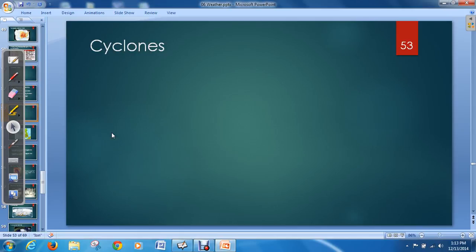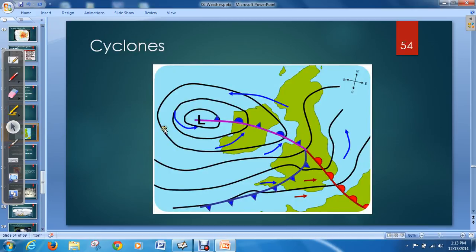In this podcast, I want to go over the last section of storms and also finish up the weather chapter. The first thing we want to talk about is cyclones. Cyclones are very similar to tornadoes, like we talked about last time. If we look at a cyclone from an aerial view, it also has a low pressure area, just like a tornado does, and it also gets a lot of rotation from the high pressure winds. Tornadoes and cyclones look very similar in structure, but the main difference is a cyclone happens over water, whereas a tornado happens over land.